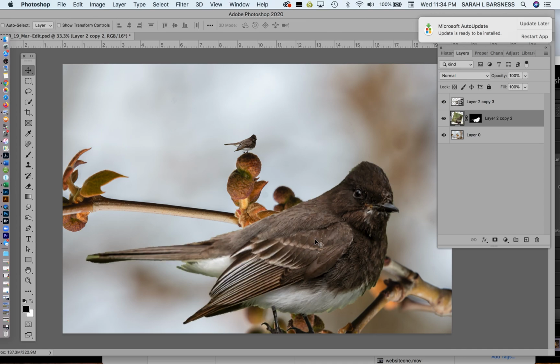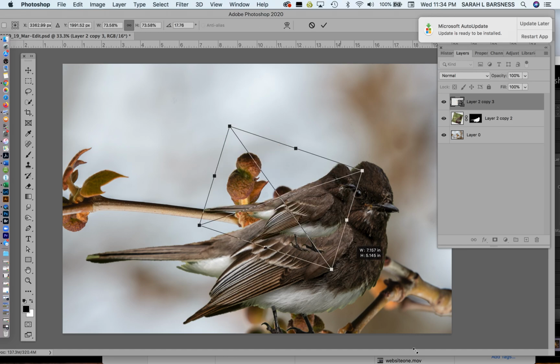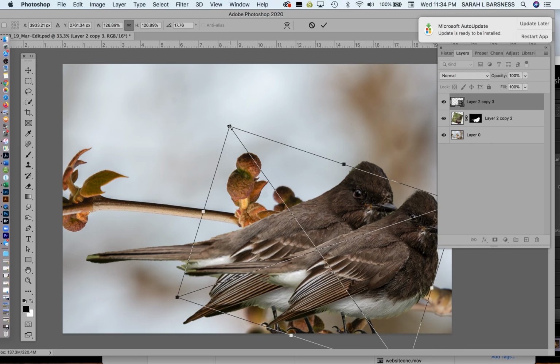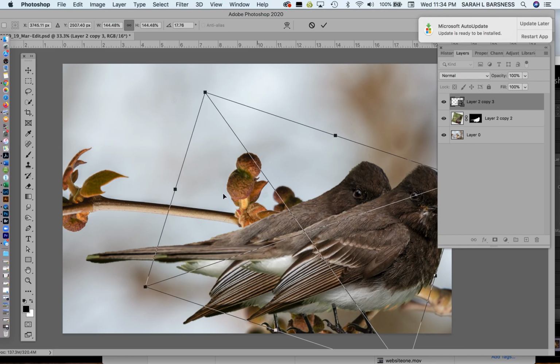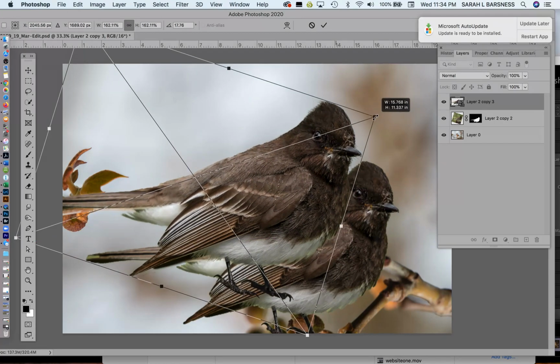And it looks like, well, it's not too bad. It sort of interpolated it and made it better. So maybe we're in luck. But let's just see what happens instead if we go ahead and retransform the Smart Object. I'm going to go ahead and make him just as big as the other one so we can see the comparison. And you can see that the Smart Object